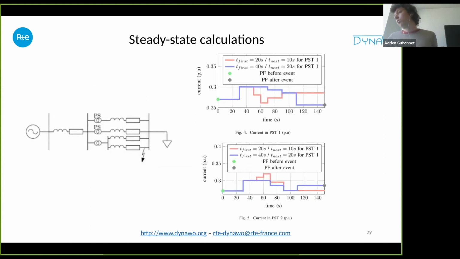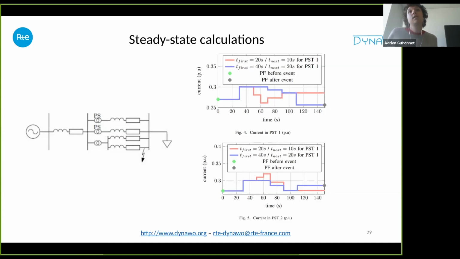Well, I will give you an illustration of the different possible use cases. The first one is steady state calculation. In this case, we do simplified time domain simulation to find the correct final steady state, especially when there are several controllers that interact. This is extracted from a paper we published at the last PowerTech conference, but it's a very simple